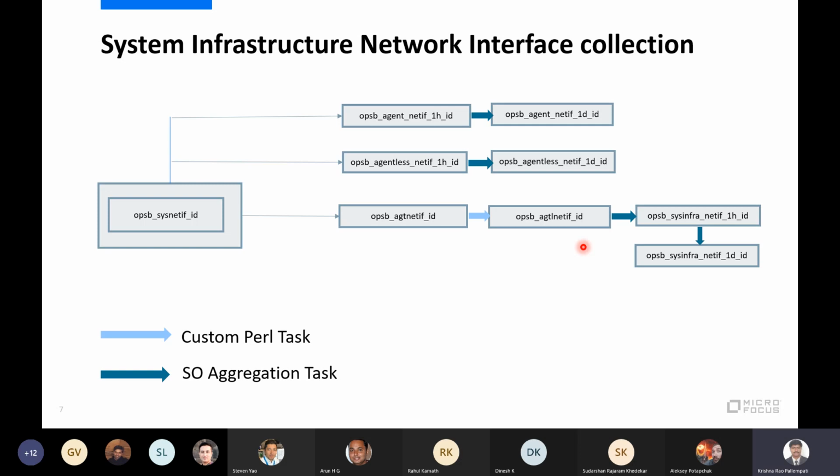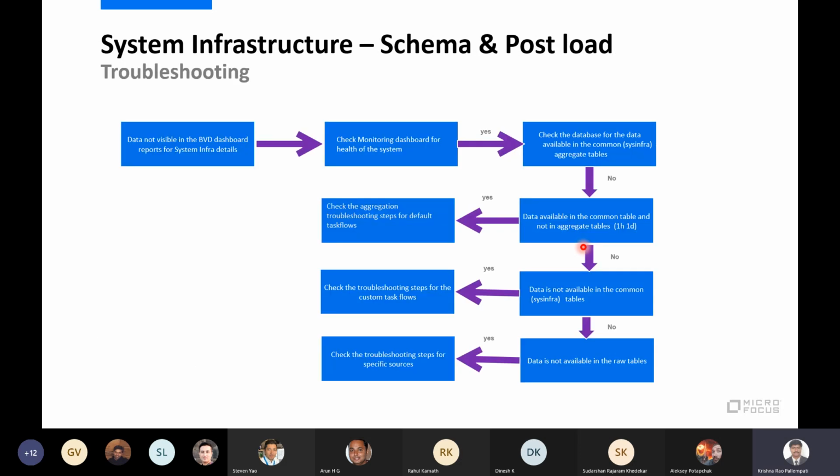Now I will go on to the troubleshooting on the report side. We have a further session on BVD troubleshooting by the TS teams. They will go through it online and explain where to look and into what logs. But in this session, I will explain at a high level which components of COSO are taking care of moving the data from one table to another.